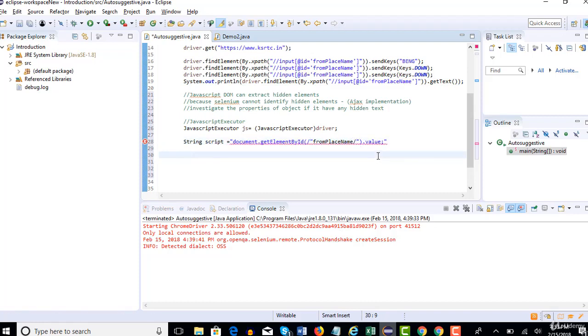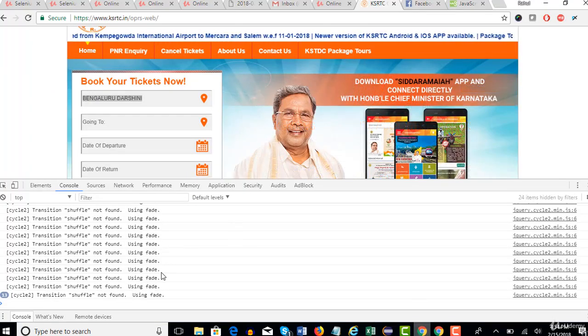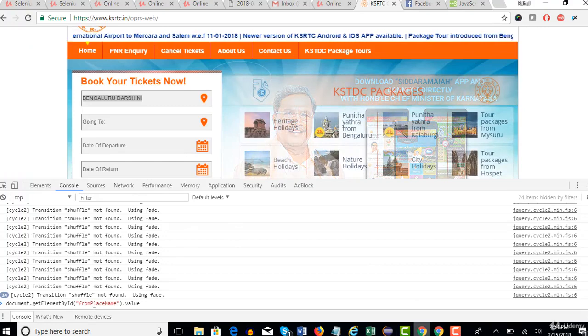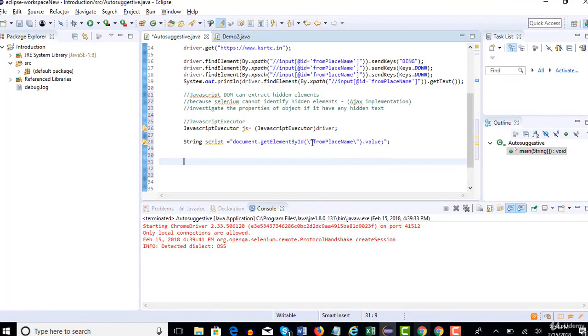Okay, now you, oops, it's forward slash, and you see the error will go automatically. So whenever you come across double quotes inside the double quotes, make sure you use forward slash and that will get rid of your error. Okay, so this is our actual test. Where is that? I copied it from here, right? Yeah. So I'm carefully bringing it at this point and I am replacing this double quotes with forward slash so that Java accepts this, and make sure you put a semicolon at the end.